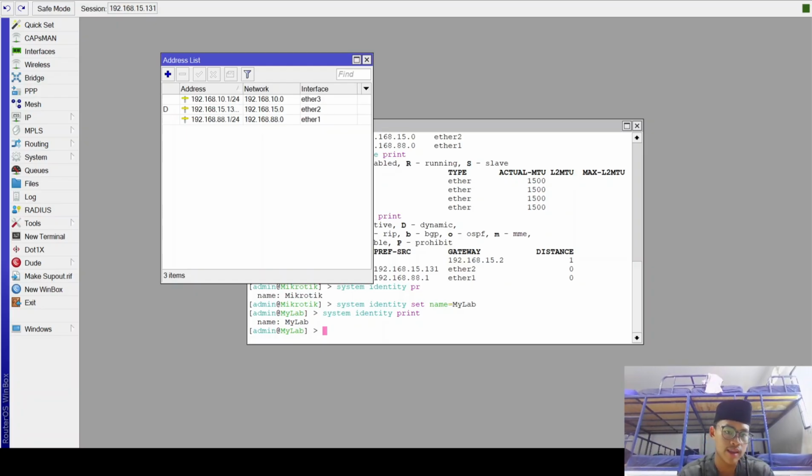Okay, and that's it. You have just learned how to access MikroTik RouterOS via Winbox and use some of the basic commands in the terminal. Those commands are super important if you are studying for the MTCNA certification, or if you just want to understand how routers really work.